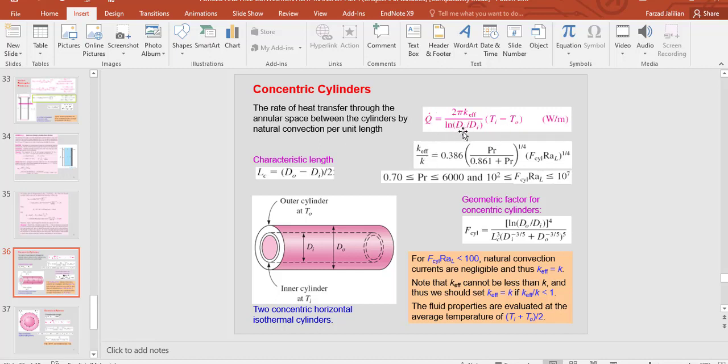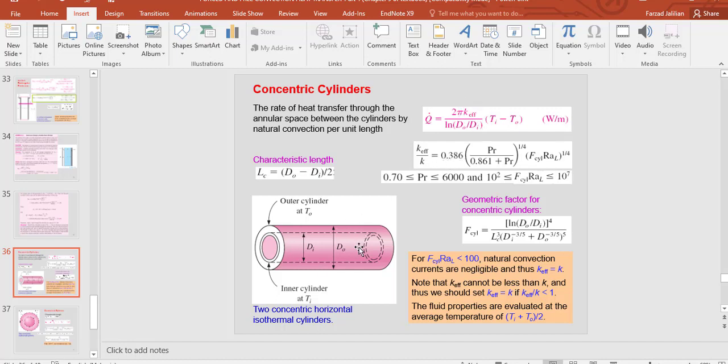And as you can see here, DO, DI are the diameter of the outer cylinder and the diameter of the inner cylinder, and these two are the temperatures of those two cylinders. And 2 pi K